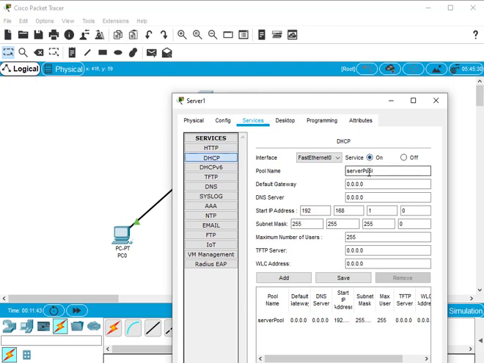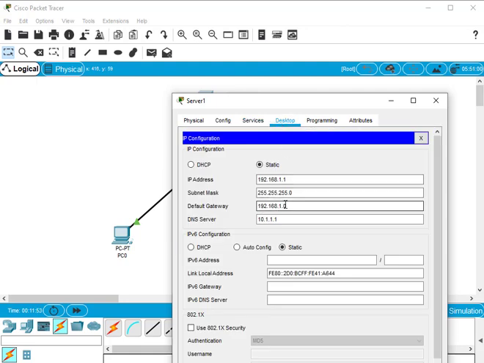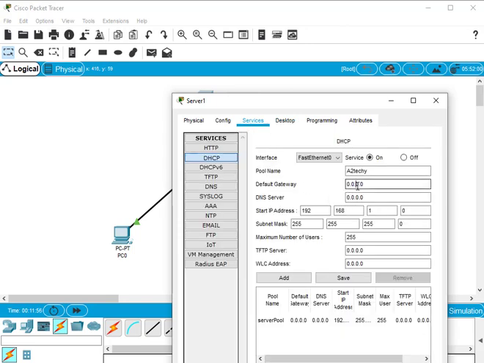Okay, just change the pool name as A2Techie, and the default gateway which we used previously, 192.168.1.0. Just enter the default gateway 192.168.1.0 and DNS server 10.1.1.1.